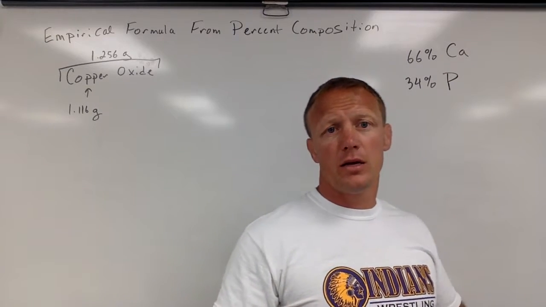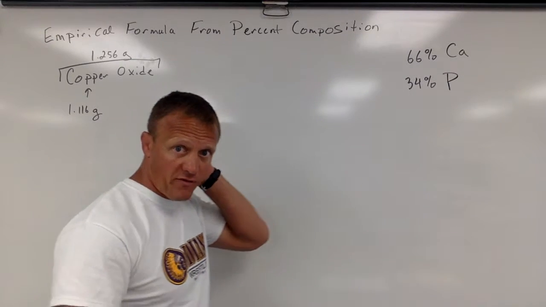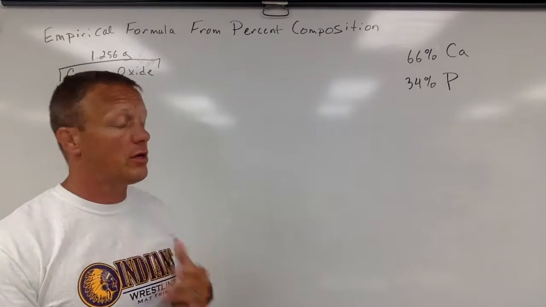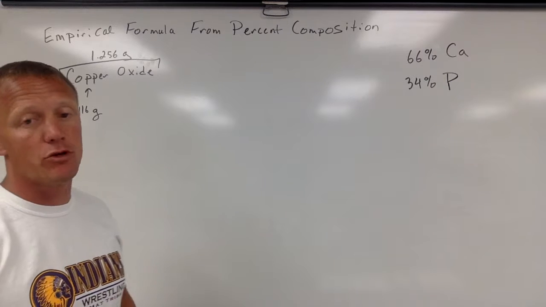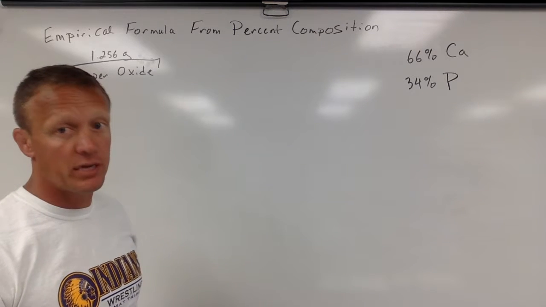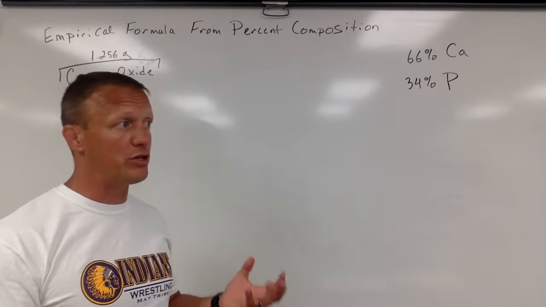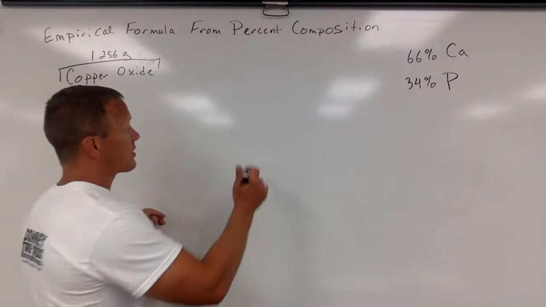This video is going to be on getting empirical formulas from percent composition or even just mass values. So remember, when we get the empirical formula, that's the most reduced form. Okay? It might also be the molecular formula, the actual formula, but it's always the most reduced ratio of the elements. So let's think about for a minute